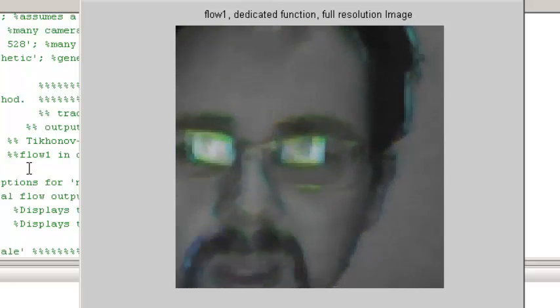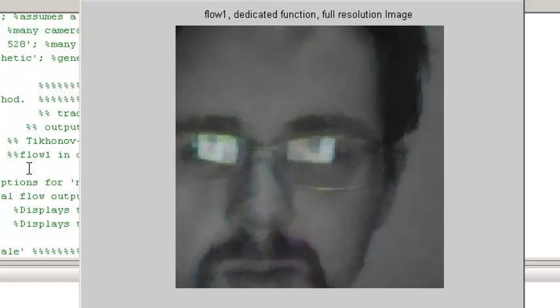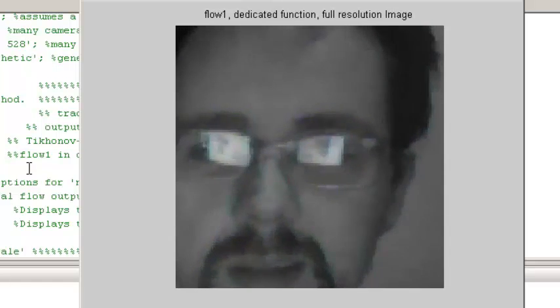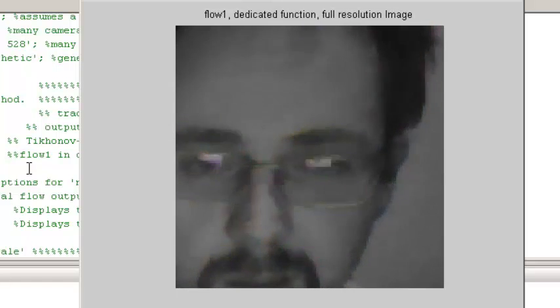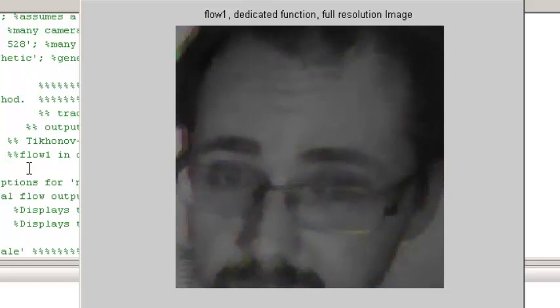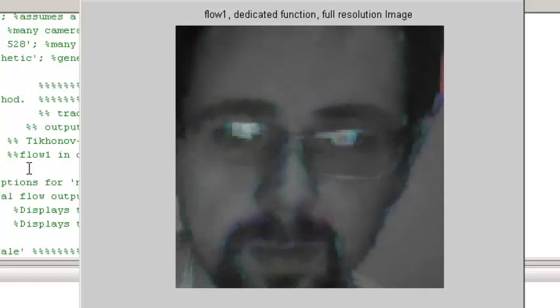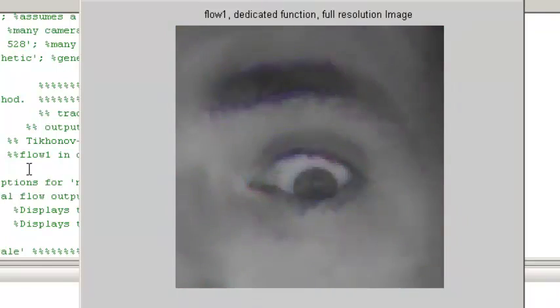Because we cannot really put MATLAB quivers for every pixel, it would totally clutter the screen. I'm using a nice color coding. This is kind of standard in the optical flow literature as well. This one is a little bit special, a bit novel, because I'm mixing it up together with the real video feed. Again, you can see